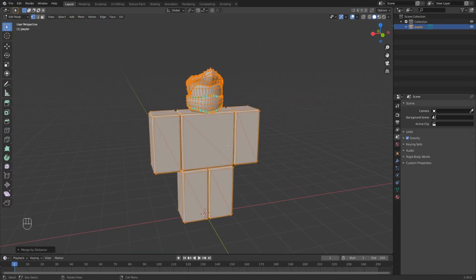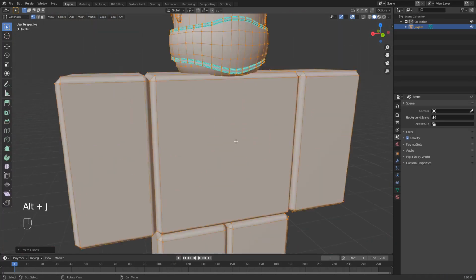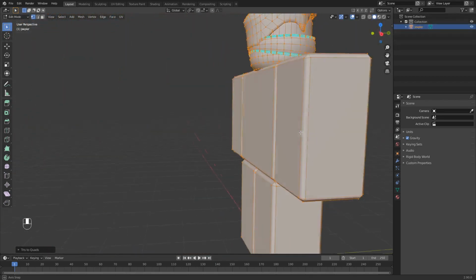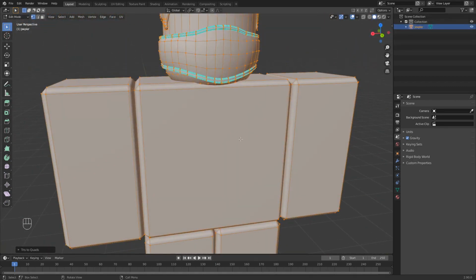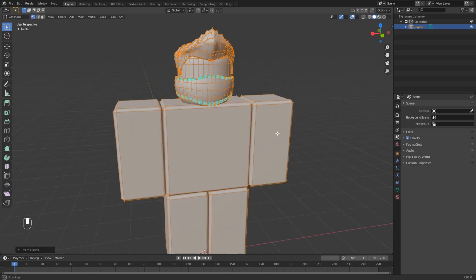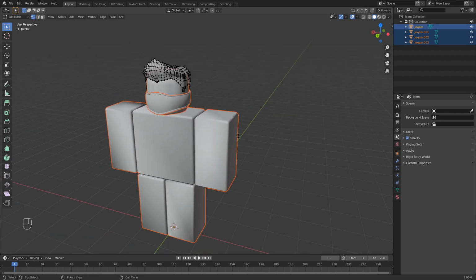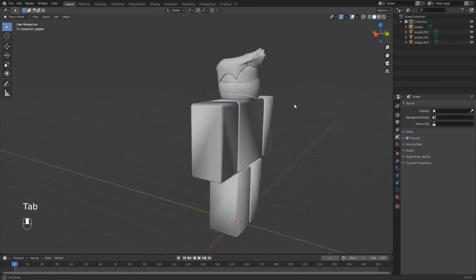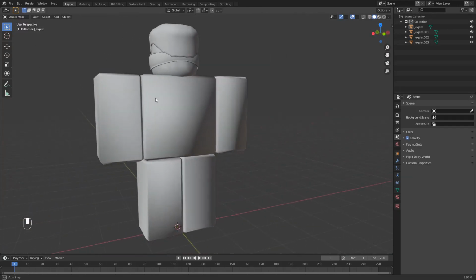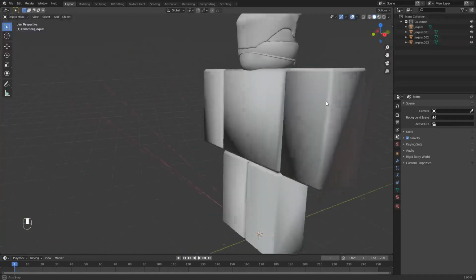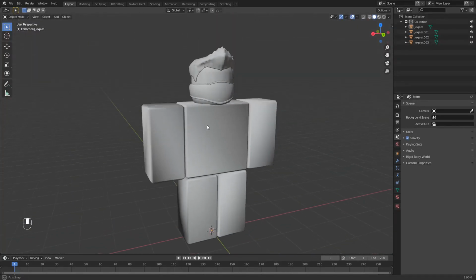And then you're also going to want to hit Alt J, which will turn all those triangles into quads, or anything like a rectangle or a square. And then once you do this, you're going to hit P and then By Loose Parts, and you can hit Tab again to get out of this, and then everything you have will be separated into individual parts. You can see this looks a little weird because of the weird lighting effects, but first of all,